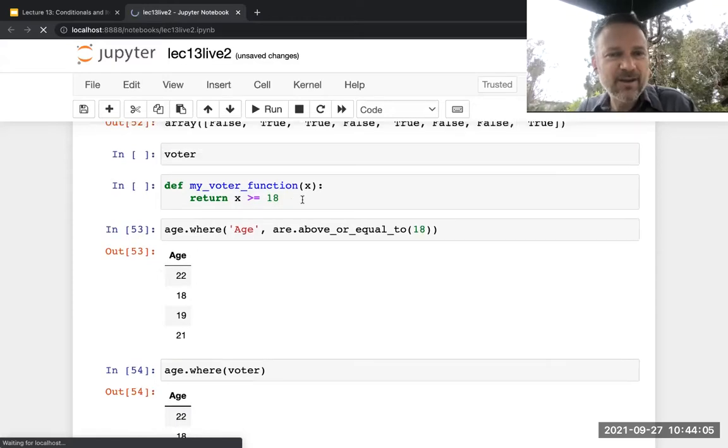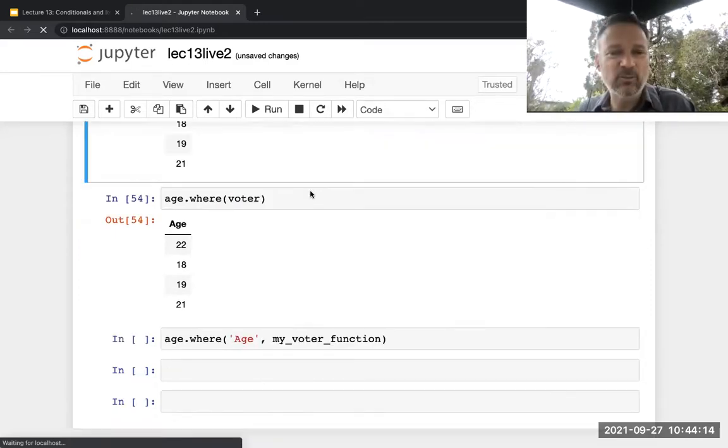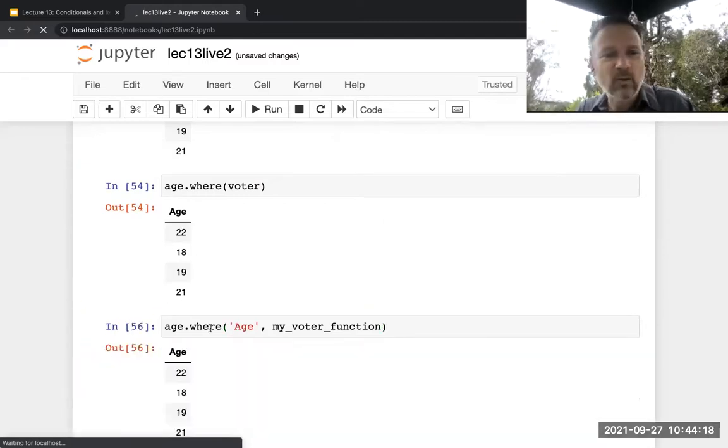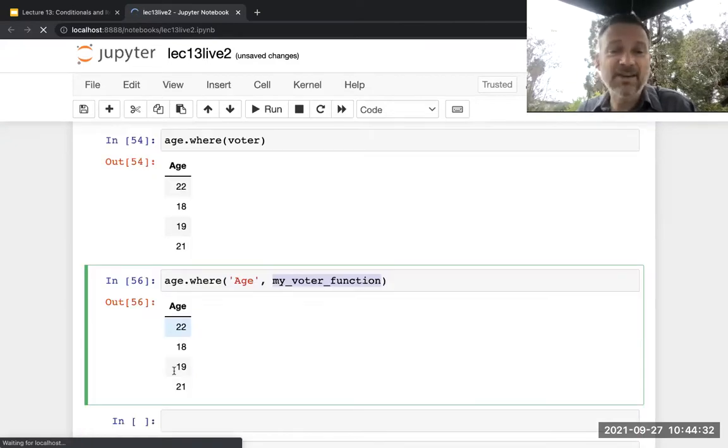And a third way is you could define your own function that, given a number, returns true or false according to whether you want to keep it in the output, and then call where with the column and your function. And where will call that function on each row of the table, passing in the number in the age column to get a true or a false, and then keep that row if your function returned true.